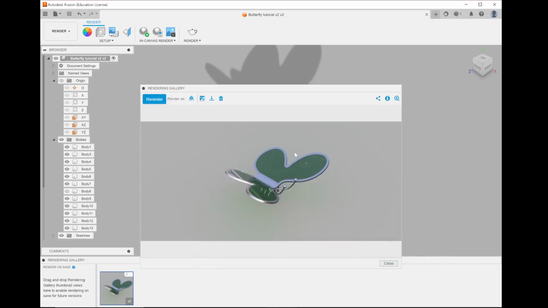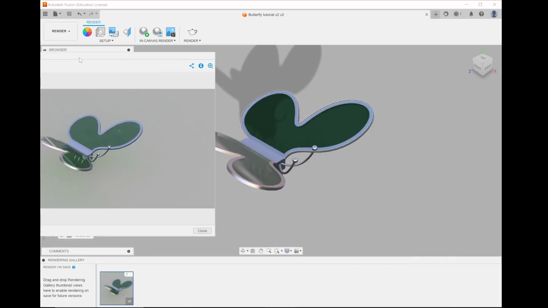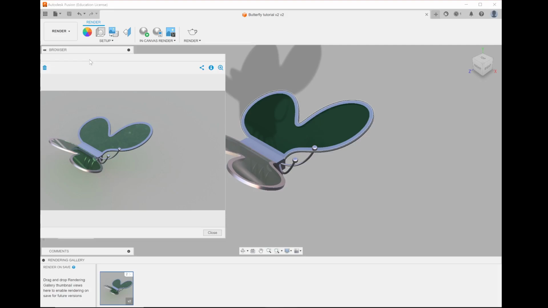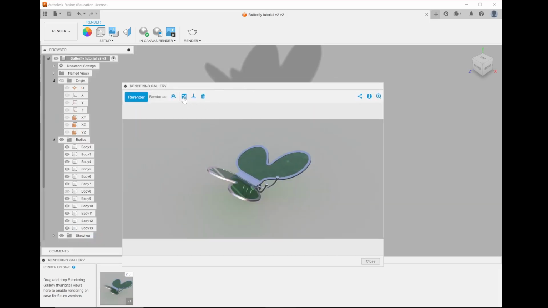So the rendering over here, let's look at some differences. Over here, you can see the butterfly looks better. There's a lot of shininess and reflectiveness. We can actually, if we zoom in a bit,